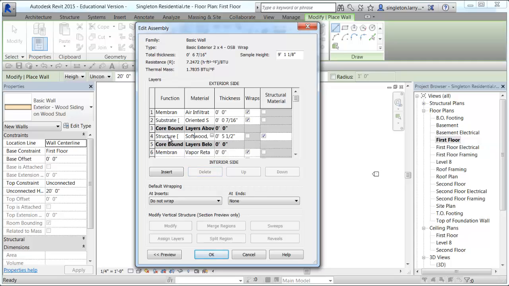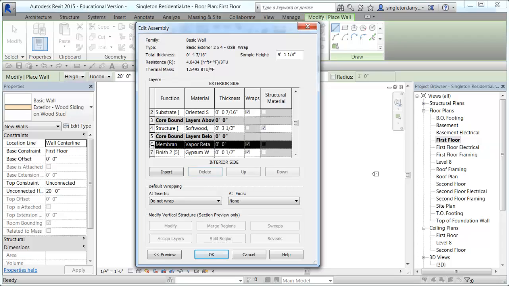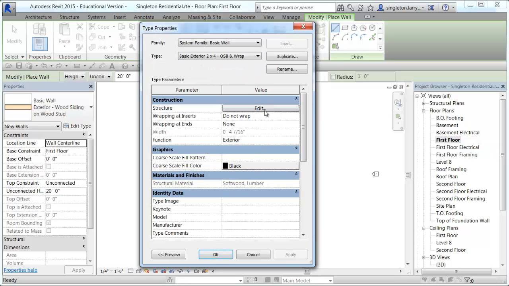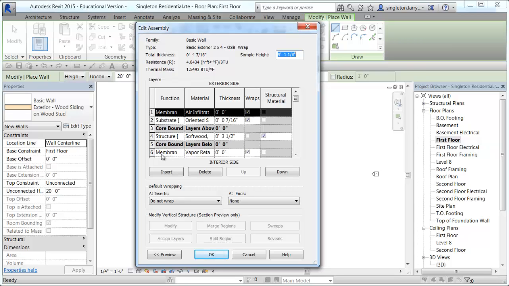And now I come here to the structure, the core part of my wall, and I'm going to leave it at softwood, and I'm going to change that to 3.5 inches, which is the width of a 2x4 stud. And then here on the membrane and the gypsum, I'm going to delete this vapor retardant here. I don't really want to have that in my wall, and I didn't do that correctly. I need to hit delete,